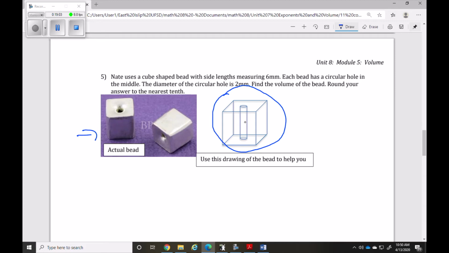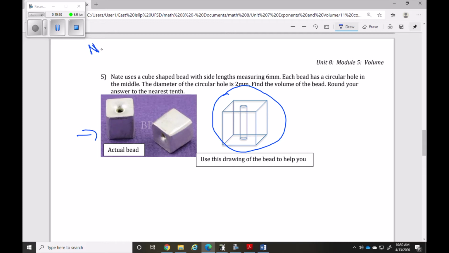So this is a case where we subtract them. It's not two shapes stuck together. It's a shape inside of a shape, and that inside shape is taking up some of the space. So when it's a shape inside of a shape, when you're trying to find maybe the volume of something after a hole's been drilled through it, or sometimes it's like empty space, this is a case where we subtract